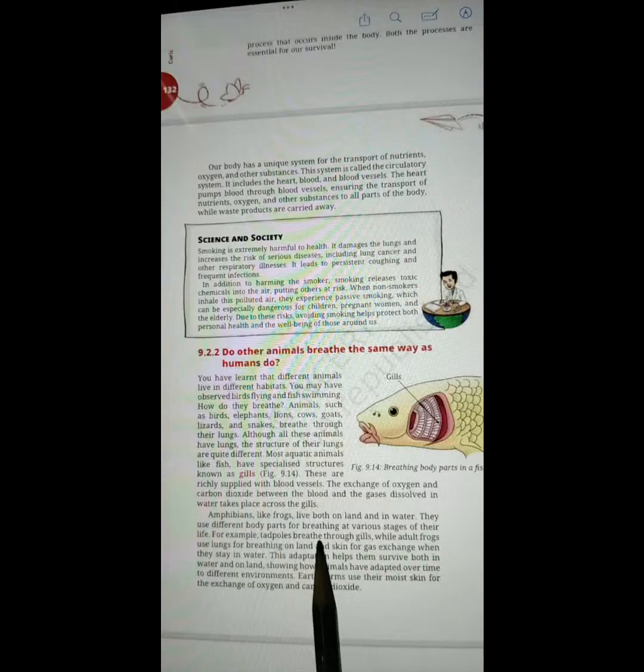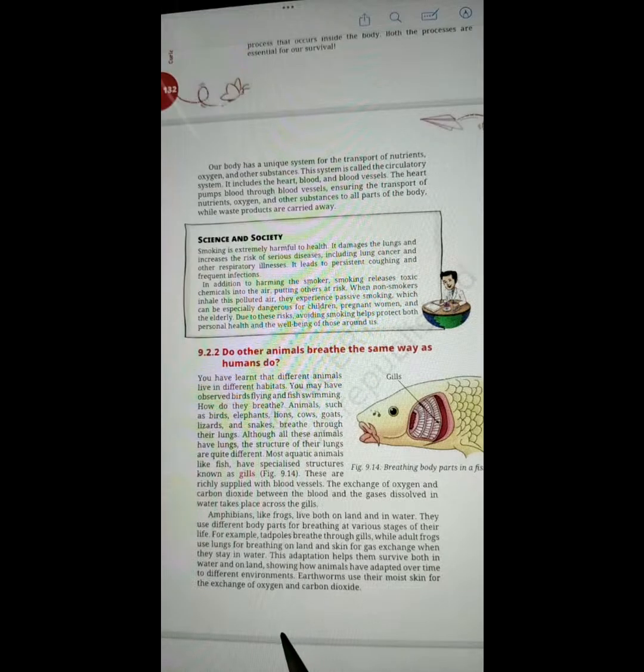Amphibians like frogs live both on land and water. They use different body parts for breathing at various stages of their life. For example, tadpoles breathe with the help of gills. Adult frogs use lungs for breathing on land and skin for gaseous exchange when they stay in the water. The adaptation helped them survive both in water and on land, showing how animals have adapted over time to different